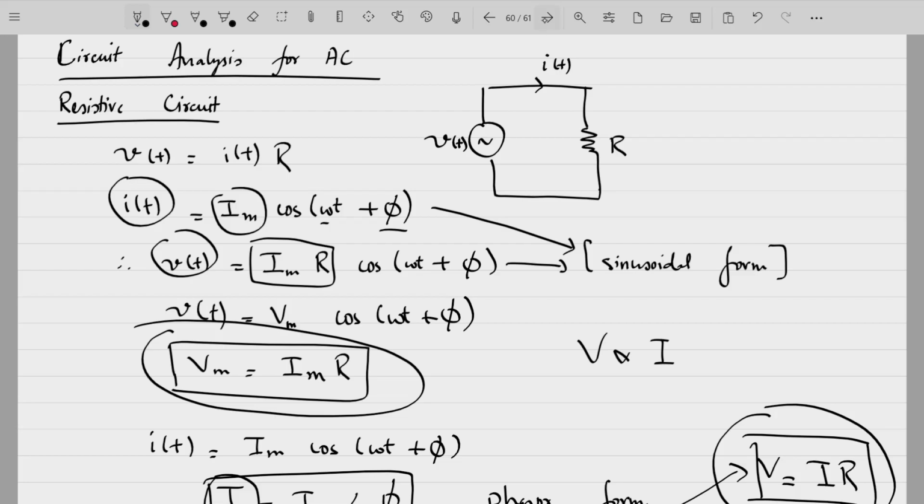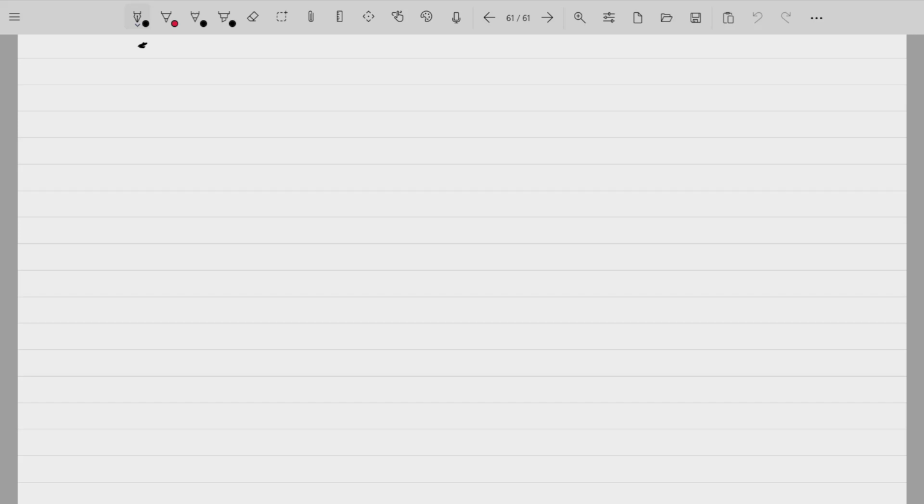So what we can do is start by taking the voltage as a reference. We can even take current as a reference, but let us take voltage as the reference. We know that V is equal to Vm angle phi, or you can say Im into R angle phi. So what is the magnitude of V? It is Im into R, and it has a phase of phi. So it is located anywhere